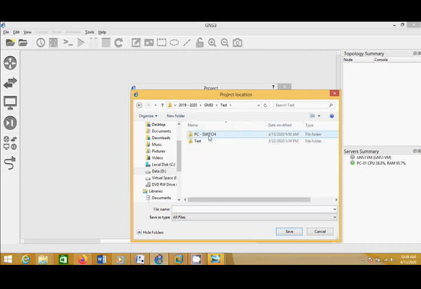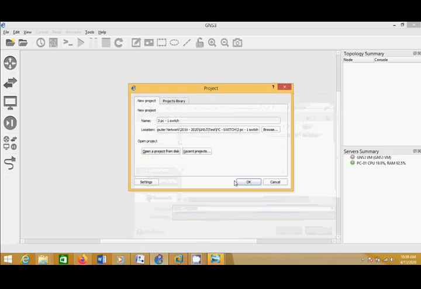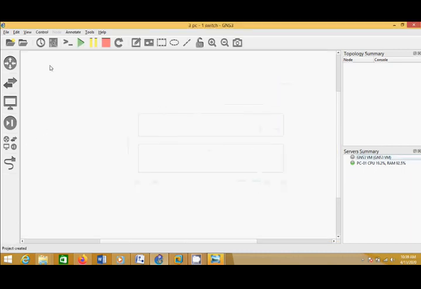Three PCs and one switch. You can type your file name. Okay, GNS3 is already ready.